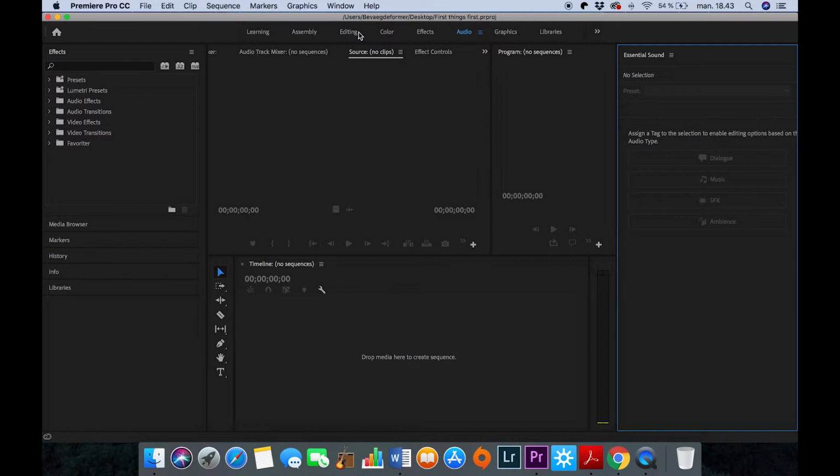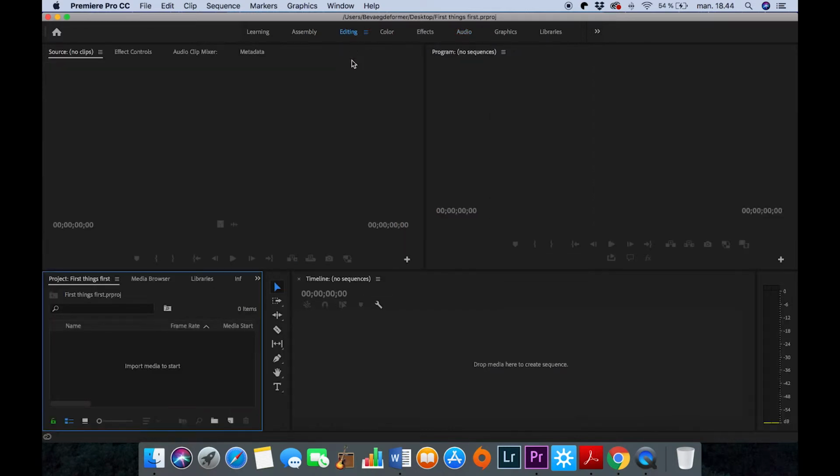These different workspaces are just some suggestions from Adobe that if you're working with audio, you might want to choose, if your audio layer is dialogue, music, sound effects, stuff like that. You might want a smaller program monitor, being that when you're doing audio you don't need that much the video feed, you're more interested in the audio feed. But for now we can actually do everything we want in the editing workspace. So I'll continue only using this editing workspace.